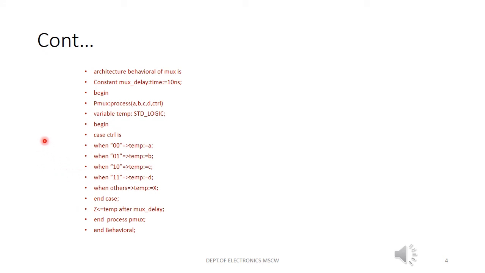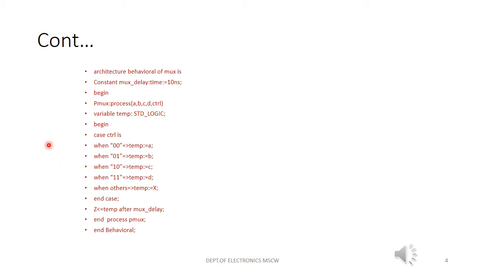You have studied the syntax of the case statement also, correct? So let us begin. Where do you write the case? After the begin of the process statement. This is the begin of the architecture. In the begin of the architecture we start the process statement, and this is the begin of the process. In the begin of the process we start the case statement.